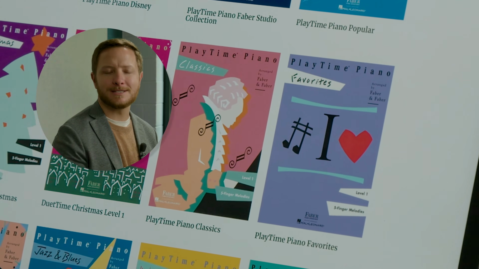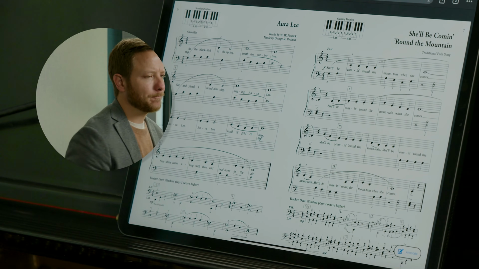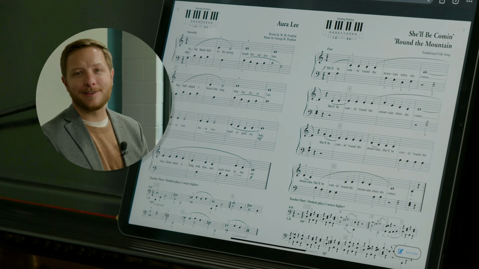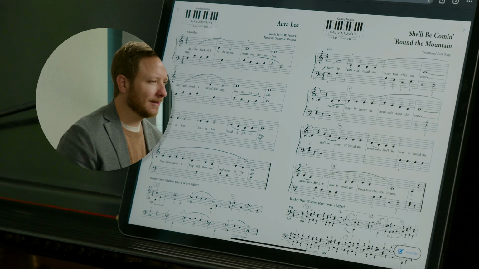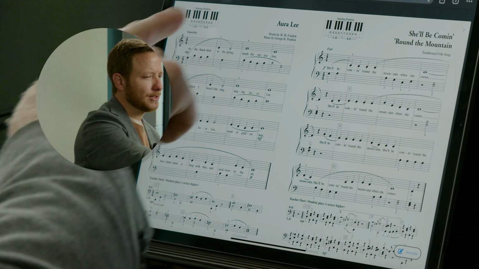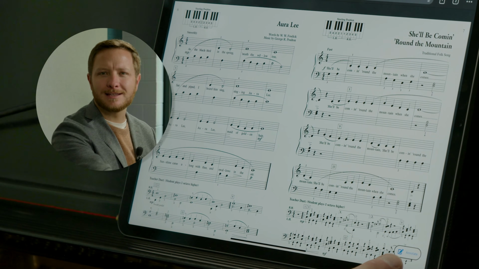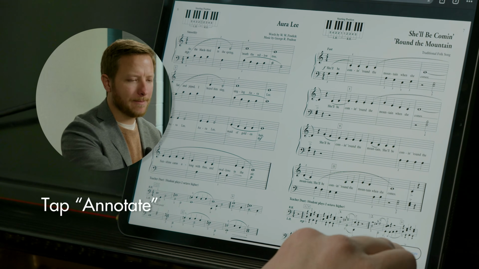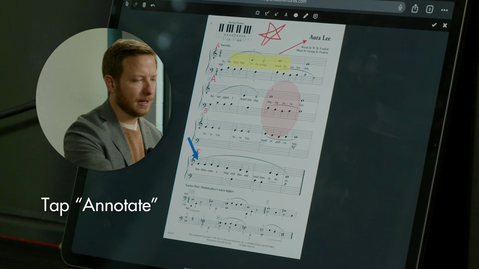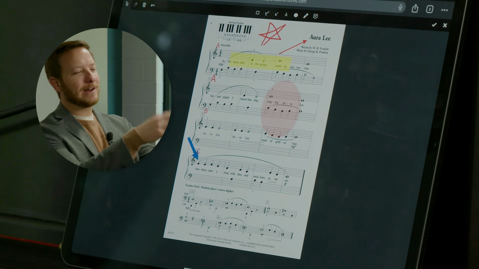This is our PreTime series. We have here now a beautiful piece, Oralie. You can notice here, there's the score, and down here in the lower right-hand corner is a button that says Annotate. So if I tap that button, I can now go in here,